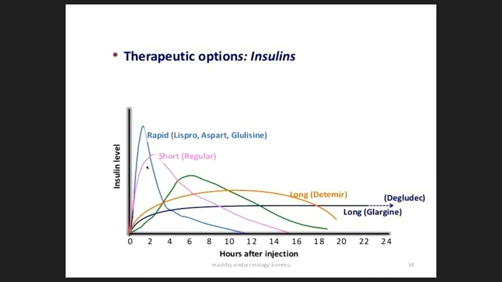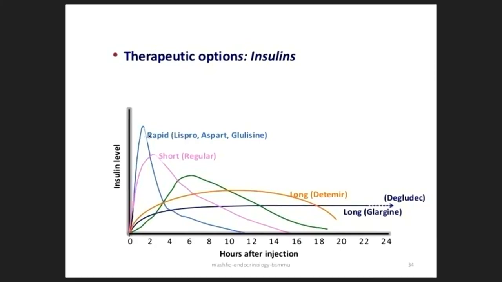They might have a second choice, which is short-acting insulin, the regular insulin, Humulin R, Actrapid. The difference is duration. Duration in the short-acting is 6 to 8 hours. Duration of rapid-acting is 3 to 4 hours. So for those patients who don't eat snacks, only meals, it is very good to have rapid-acting insulin because they don't need a longer duration bolus.